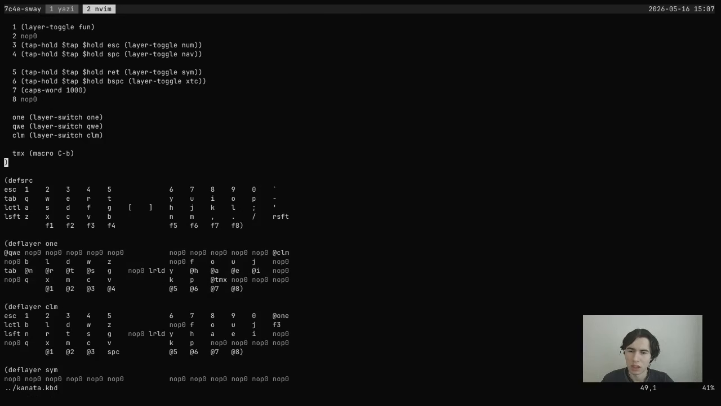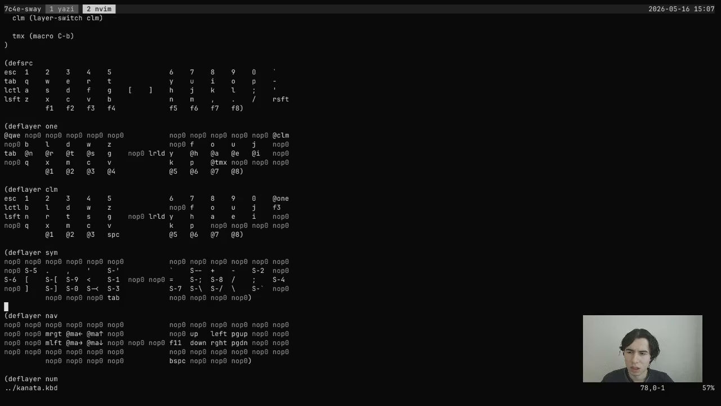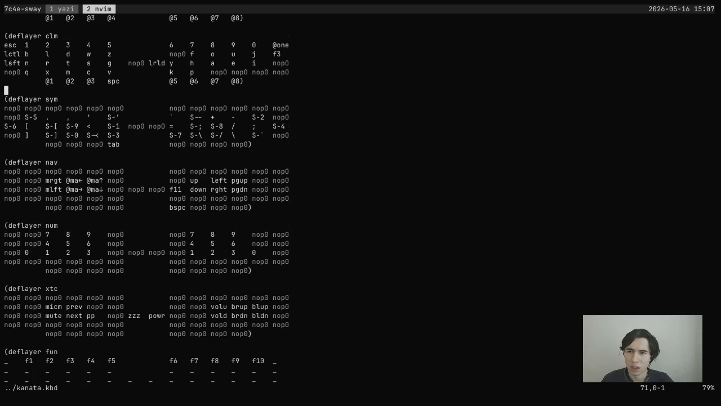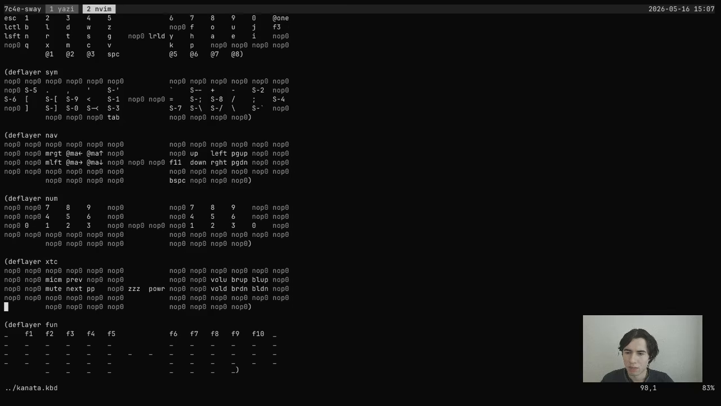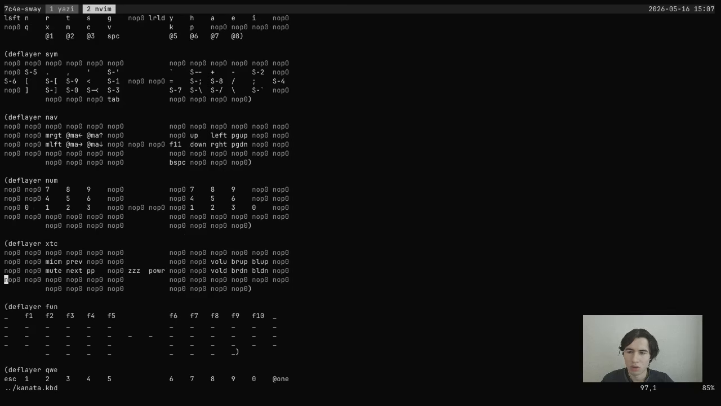I also have a tmux key, which is here. So tmux prefix is just one click for me. I have a symbol layer, and I use home mods, and a navigation layer for mouse movement, left click or right click, but I only use those as an escape hatch in case I can't do it with just keyboard shortcuts. I have a numpad layer, and an exotic layer which I can use to